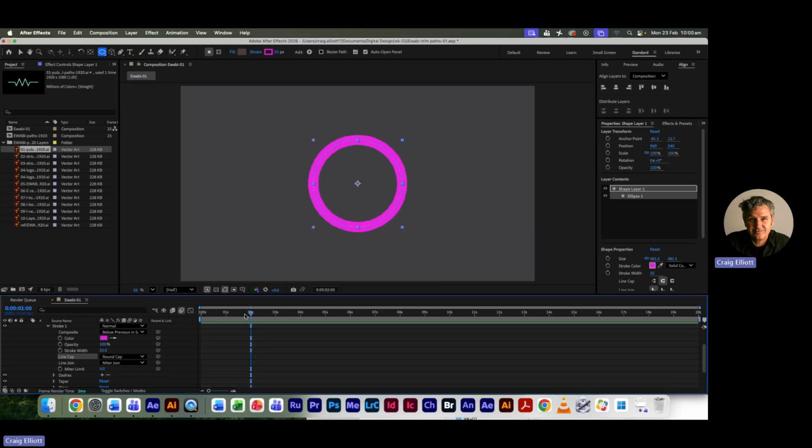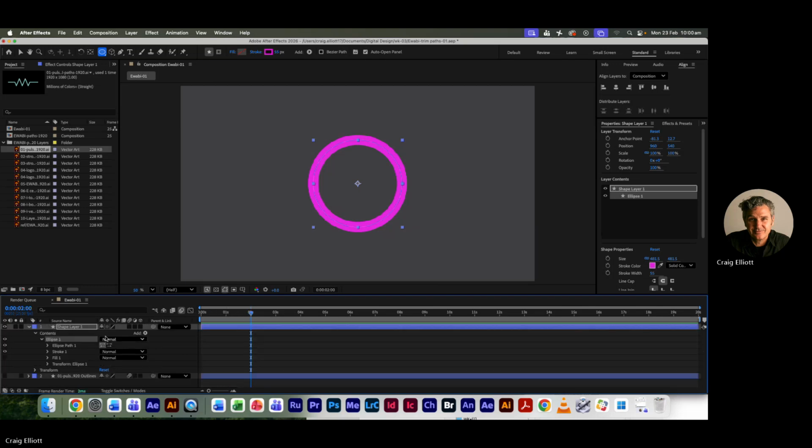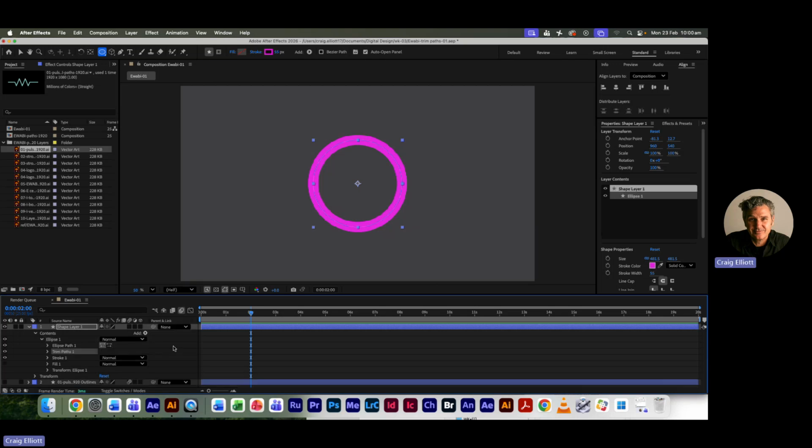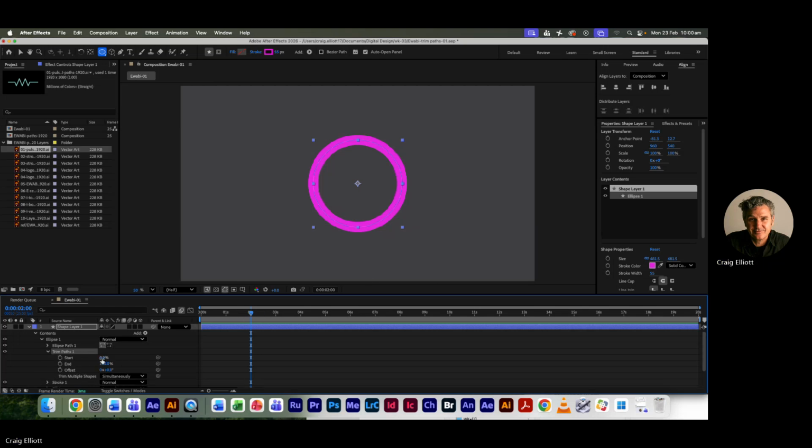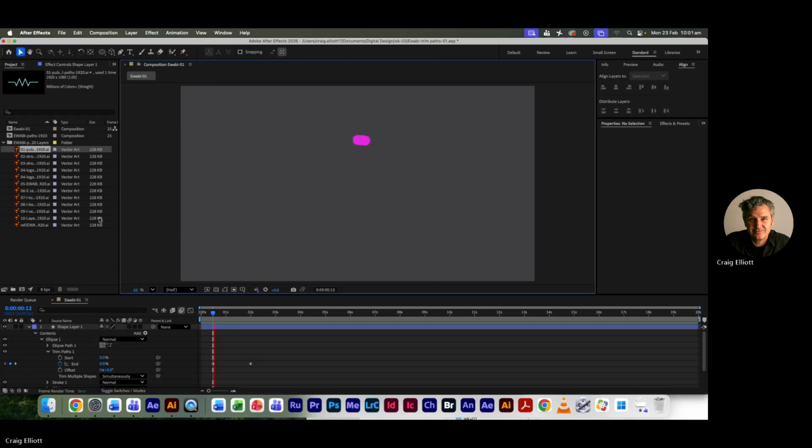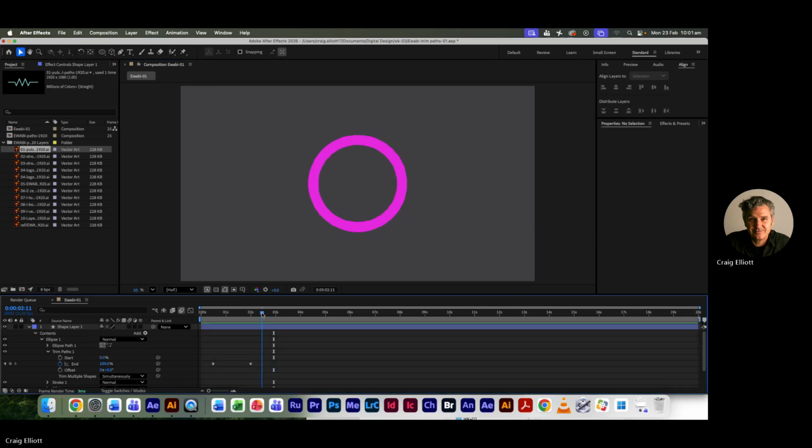We'll do the same thing. We'll add a trim paths. Okay, so watch the process. We've got the trim paths. Go for the end. Bring back the beginning. Okay, so what I have is a stroke that's drawing itself, the trim paths. Okay. Again, we can